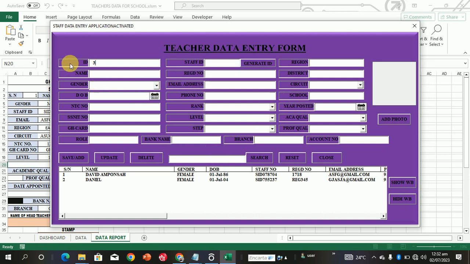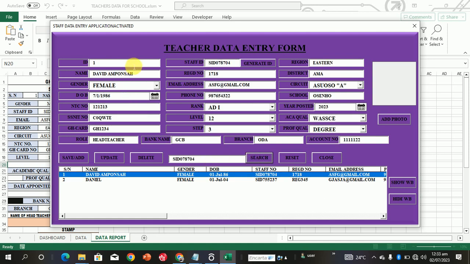So in order not to waste time, let me quickly take you through this user form. This user form contains, like I said, a detailed description of teachers we have on our staff. Any entry that you make is stored in the system. This is purely Excel work. So let me quickly search for a teacher and use the details to illustrate how this works. This is the teacher serial number or ID number 1. We have the teacher name, the gender of the teacher,